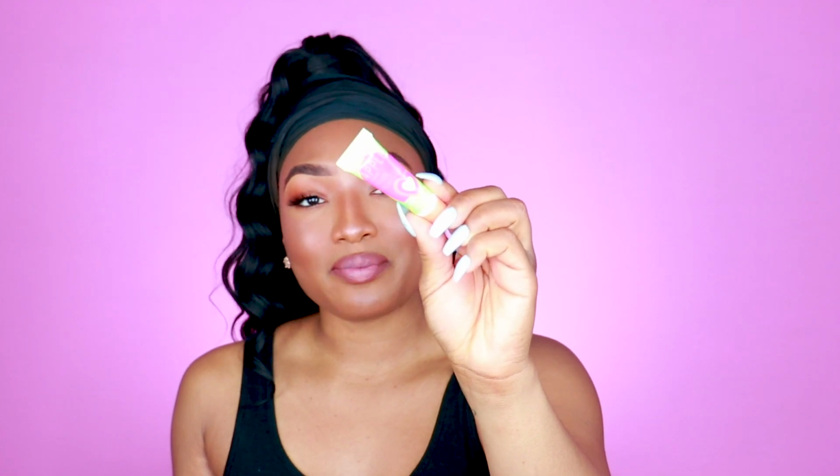I used to be just a matte girl. Like, I did not like gloss at all, but I've been like obsessed with gloss. So my favorite gloss at the moment are these dollar store lip glosses, y'all. This one in particular is in the like green apple flavor, and then I also have a lemon one. I don't know, like they're not too thin, they're not too like thick and sticky, they're just like the perfect medium. So I just like to go in with this just on